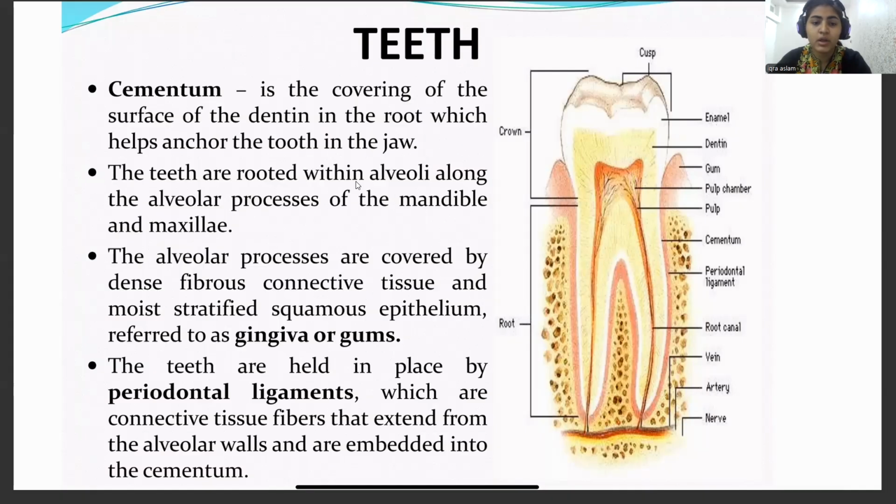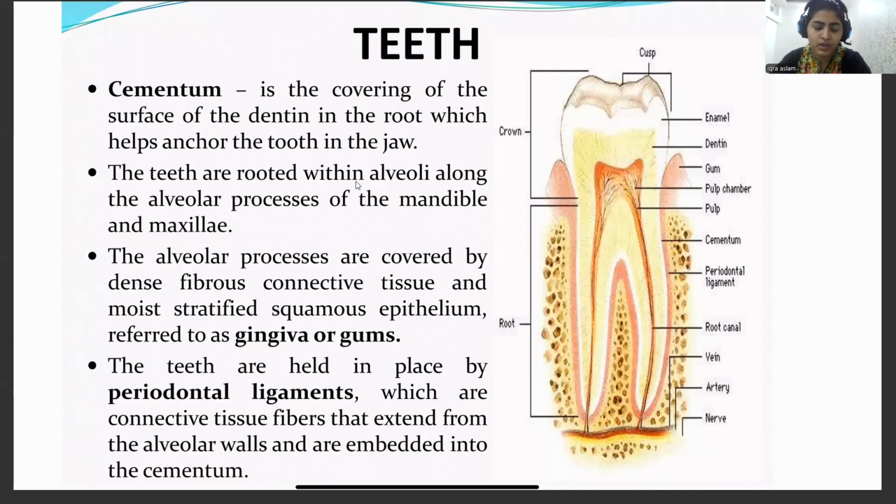Teeth are rooted within the alveoli along the alveolar process of the mandible and maxilla. Same thing, it is staying in the alveolar processes, the alveolar bone of the mandible and maxilla. The alveolar processes are covered by dense fibrous connective tissue and moist stratified squamous epithelium, referred to as gingiva or gum. So, the alveolar process or our alveolar bone is covered by fibrous tissue that is our gums and we call